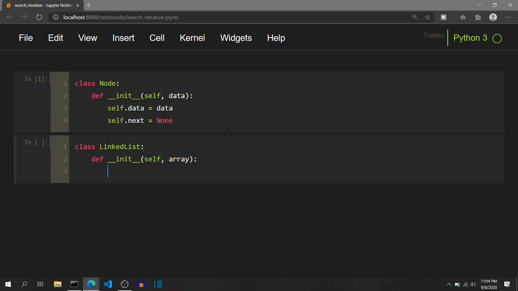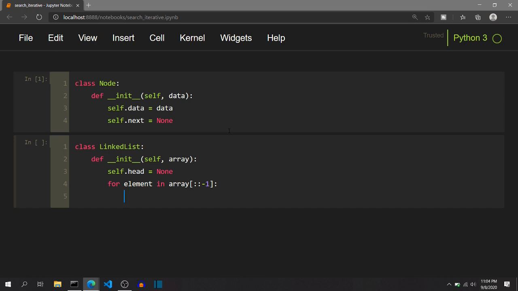So we will first set self.head to a None value, and then we will iterate for elements in the array. But inside this for loop, we will be inserting nodes at the beginning of the linked list. So to maintain the order of the data present inside the array and in the final linked list, we need to traverse the array in reverse. So I will use a slice operator like this, [::-1], so that the array is reversed and then the elements are traversed in the for loop.